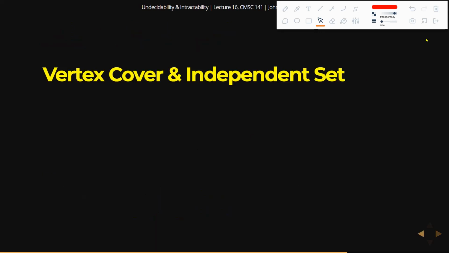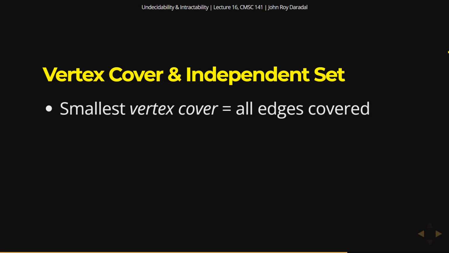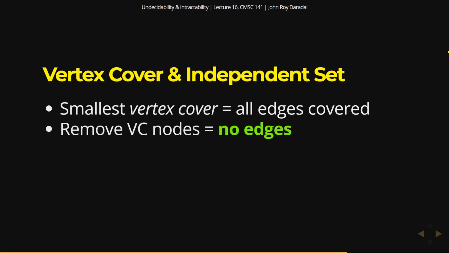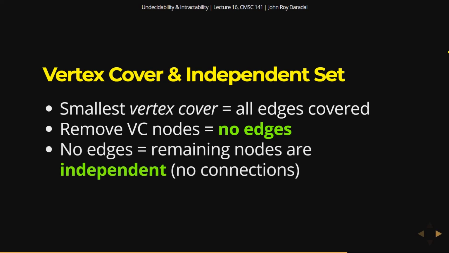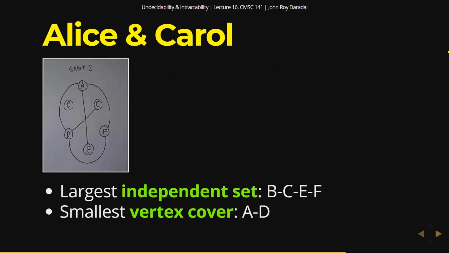So the relation of vertex cover and independent set is that if you want the smallest vertex cover, all edges are covered in this case, right? And if you remove those vertex cover nodes, then there will be no edges anymore because they will take all of the edges that they covered. So if there are no more edges, the remaining nodes are all independent, so there are no connections. So that is the independent set already. Does that make sense? So if we go back here,